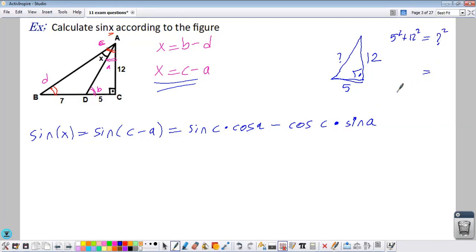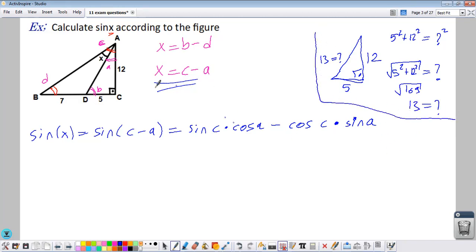Actually, this is a special right triangle. You should be able to find this directly: 5, 12, and 13. I just wrote this. If you don't know how to find it, the question mark equals the square root of 5 squared plus 12 squared, which is 169. Square root of 169, you will find 13, or you should find 13. So then we draw the triangle once again. Actually, you don't have to draw, but I am drawing it for you to understand better what's happening. So the big triangle with corners ACB. This side has the length